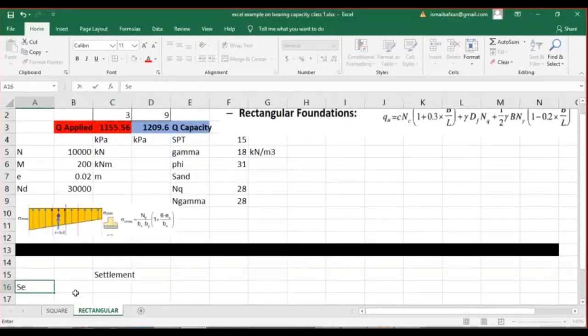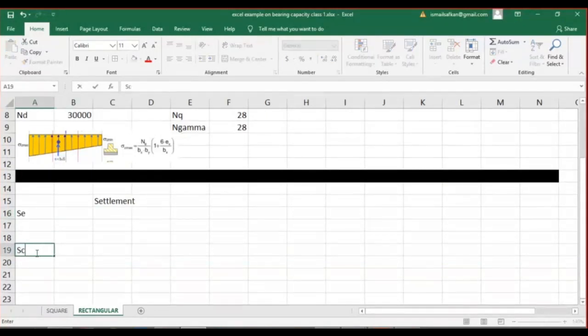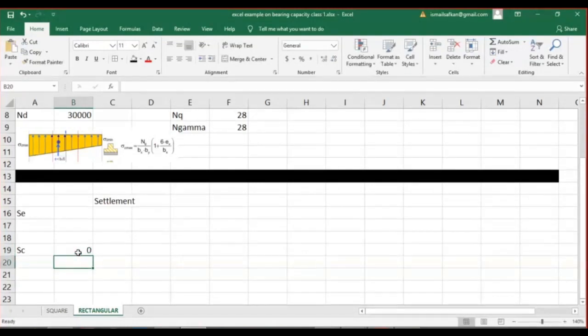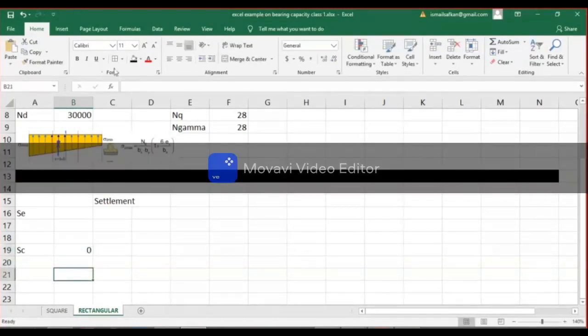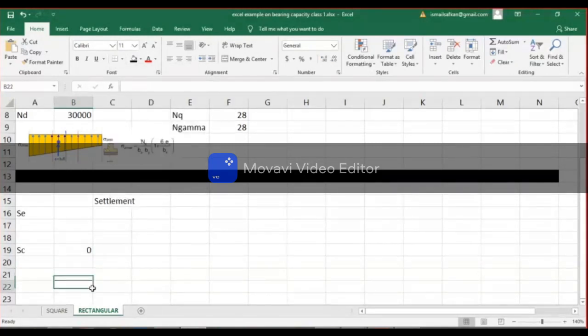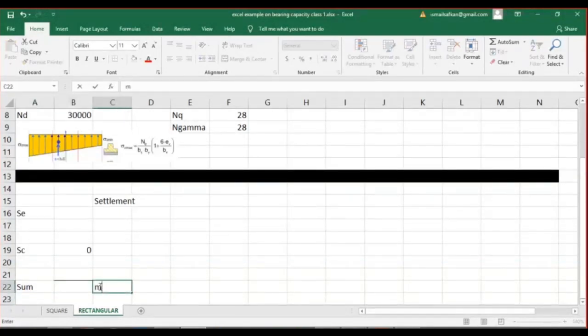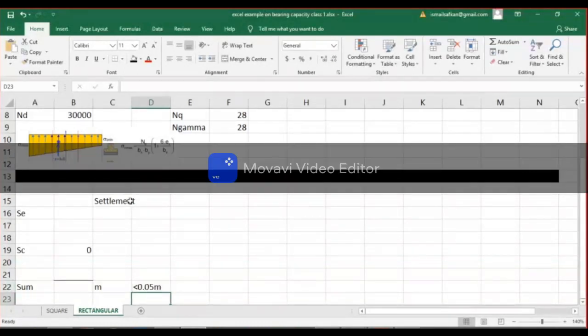We have S_e and S_c for consolidation, which will be 0. So it will be summation of these two. Total settlement in meters should be less than 0.05 meters. This is my condition